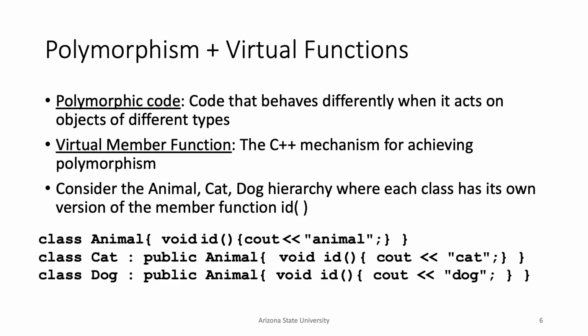So if it's the parent class, then I'm just going to interpret it as the parent class. But if it's a subclass, I'm going to call it to be the subclass. Okay, so the way that C++ actually does this is through polymorphism. So that's what polymorphism is. But the way that C++ actually